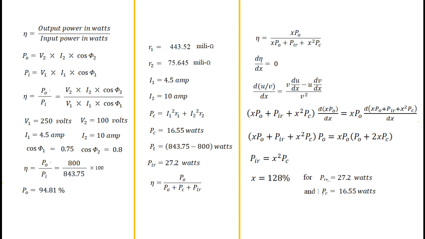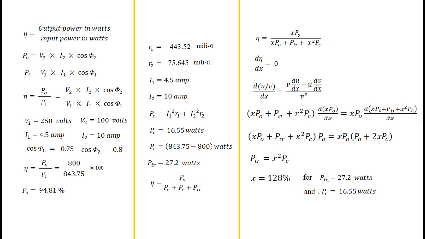The transformer that we were considering from the last few lectures is almost completely analyzed, and we know most of the parameters of the transformer. Now we will go ahead to find performance parameters such as efficiency and regulation. Efficiency is a ratio of output power to input power. Both of these powers would be active powers. The formula for efficiency is shown on screen.